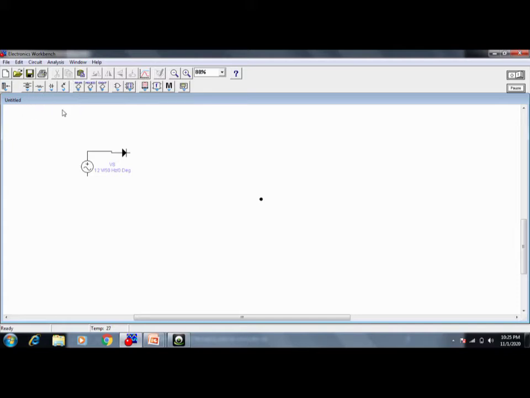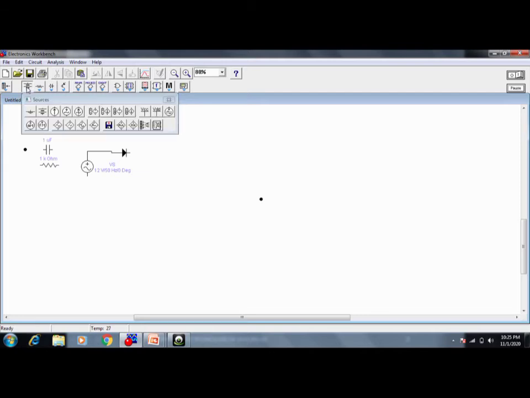Okay, and here the next thing is I want the resistor, and next thing is I want the capacitor. How to do? Select and drag, and I think I need one connector also. And next, another thing I need is, I think, the ground. Okay, we will take all this and let us connect one by one.